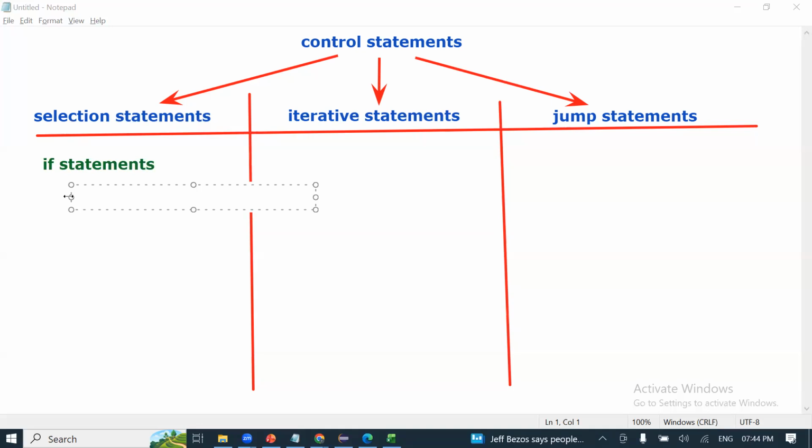Now the father is telling the son, if you get more than 95%, I'll give you a bike. If that condition becomes true, then a certain thing will be executed, like the bike will be bought. But what if the son gets equal to 95% or less than 95%? Then that statement, buying the bike, will not be executed. Condition true, execute the statement or block of statements. It's not that only one statement, you can put multiple. Such types of statements are called simple if.